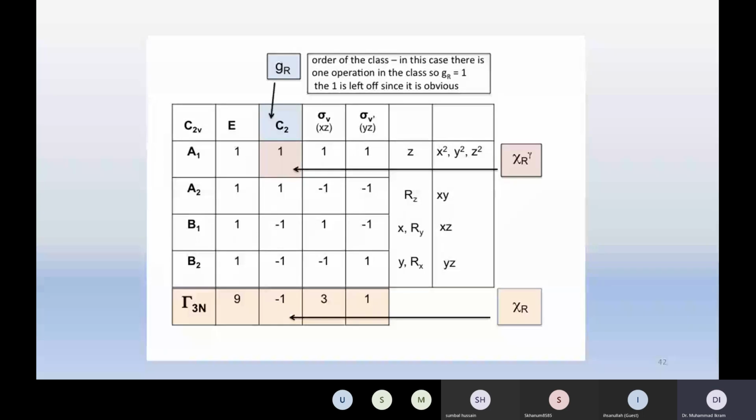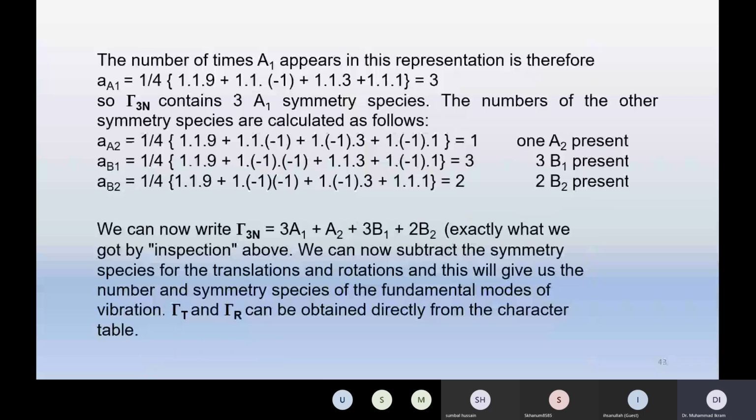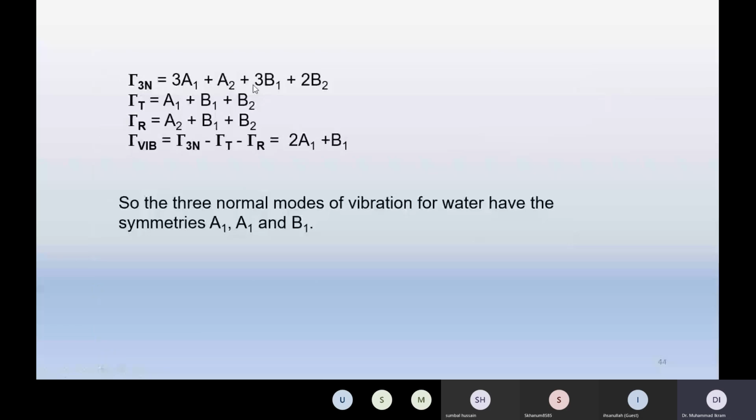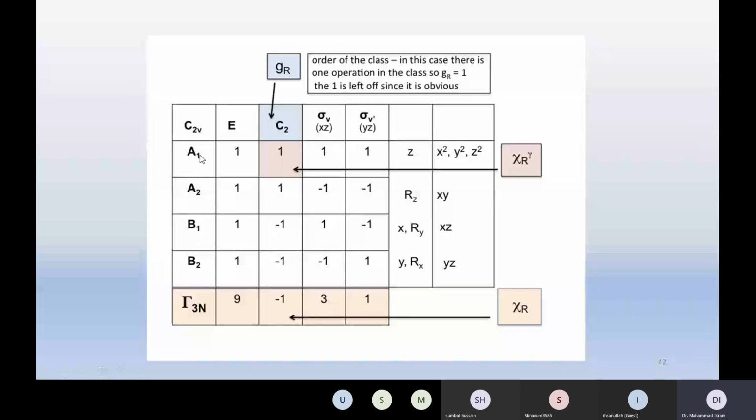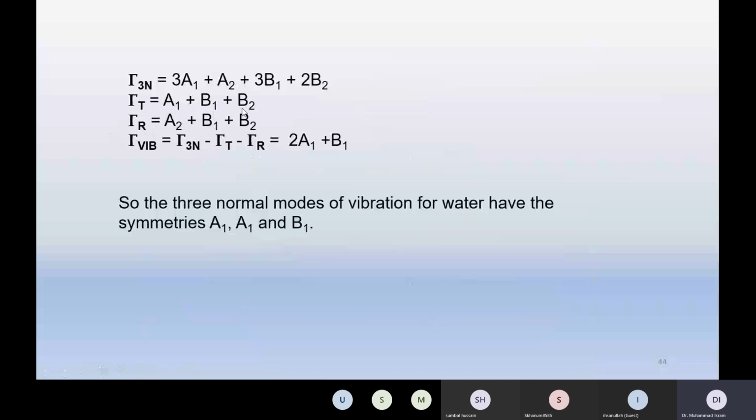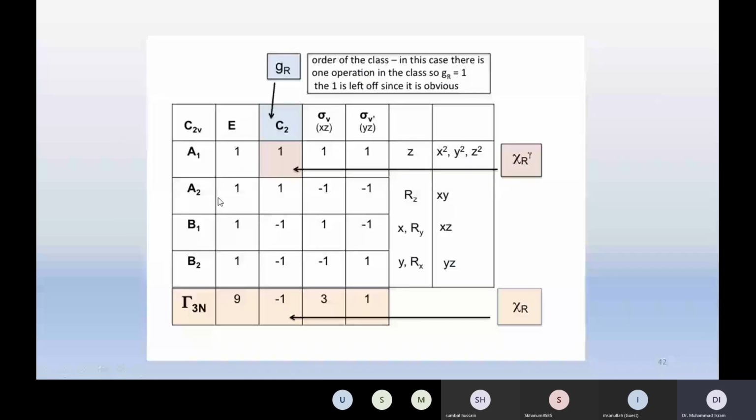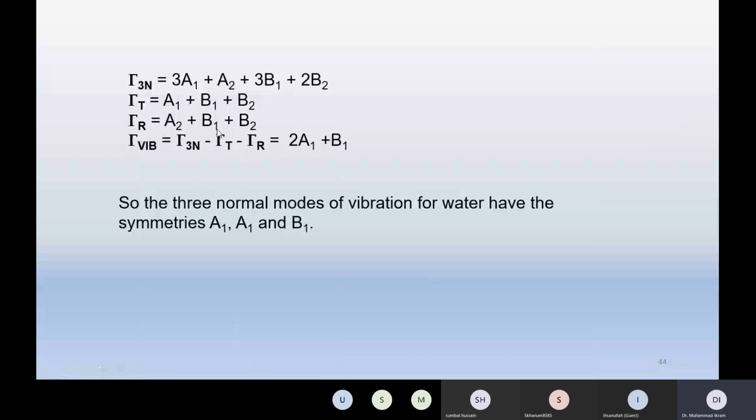तो आप इसको लेने, टोटल डिग्री ऑफ फ्रीडम जो है ये हमारे पास होता है, दिस इज इक्वल टू नंबर ऑफ ट्रांसलेशनल मोशन, नंबर ऑफ रोटेशनल, नंबर ऑफ वाइब्रेशनल, ठीक है। तो आप टोटल से जब ट्रांसलेशनल और रोटेशनल माइनस करेंगे तो वाइब्रेशंस आपके पास खुद ब खुद आ जाएंगे। लाइक सो टोटल डिग्री ऑफ फ्रीडम इज इक्वल टू 3A1 प्लस A2 प्लस 3B1 प्लस 2B2। ये अभी हमने यहाँ से किए। सो ट्रांसलेशनल मोशन जो हैं इस कैरेक्टर टेबल के मुताबिक वो A1 है, B1 है और B2 है। सो वी कैन राइट इट A1 प्लस B1 प्लस B2। रोटेशनल मोशन जो है इस कैरेक्टर टेबल के मुताबिक A2 है, B1 है और B2 है। सो वी कैन राइट इट A2 प्लस B1 प्लस B2।